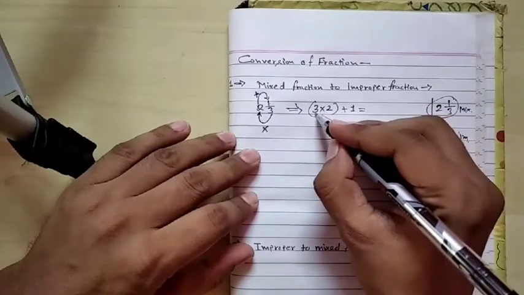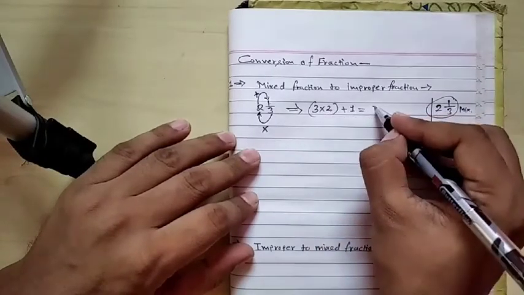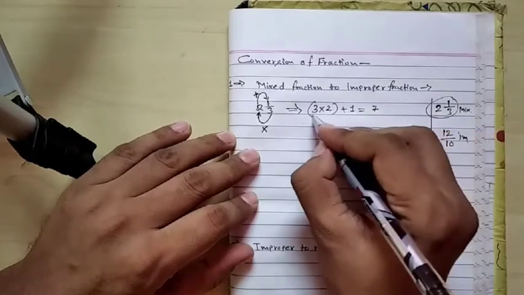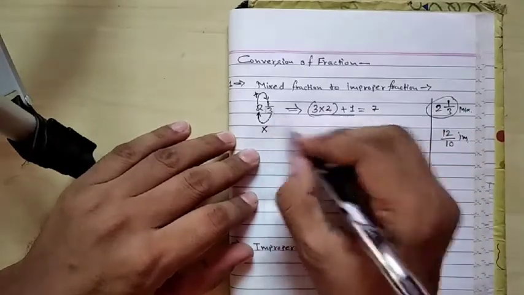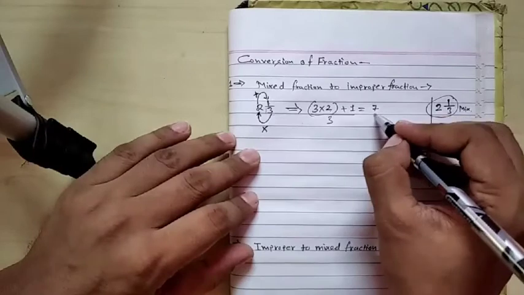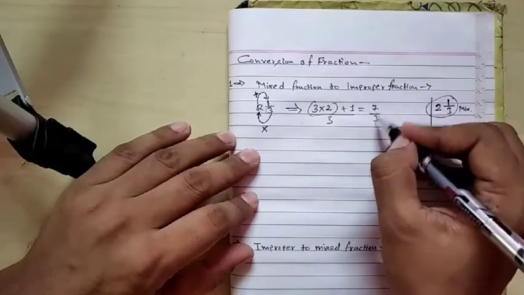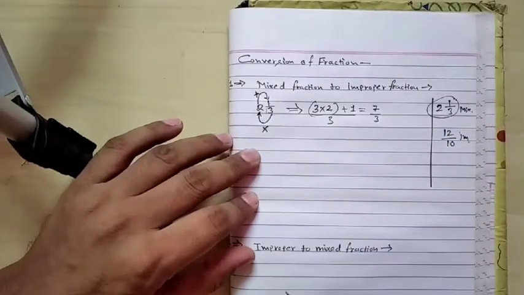So we will get what? 2 3s are 6, and 6 plus 1 is 7. Okay, and the denominator always remains the same as it is, that is the 3. 7 upon 3 will be the answer. Okay,